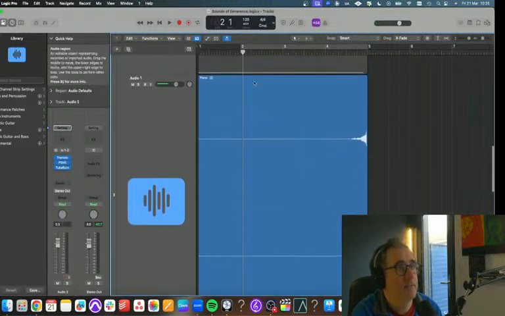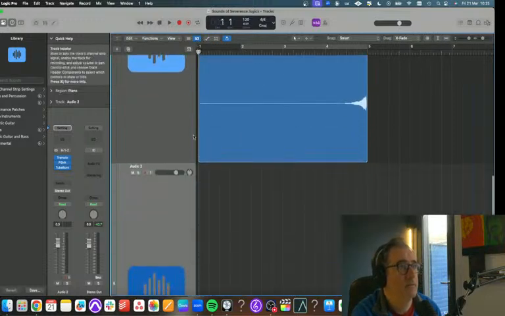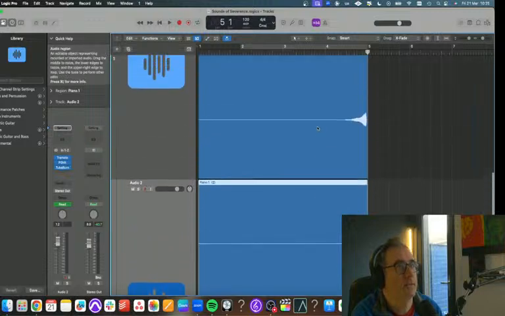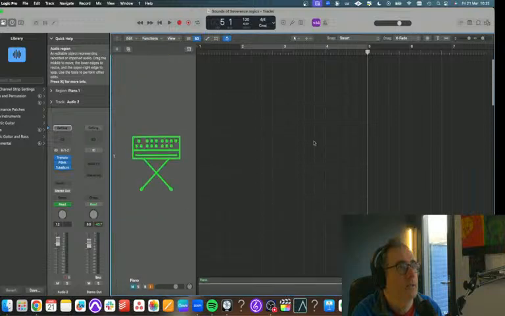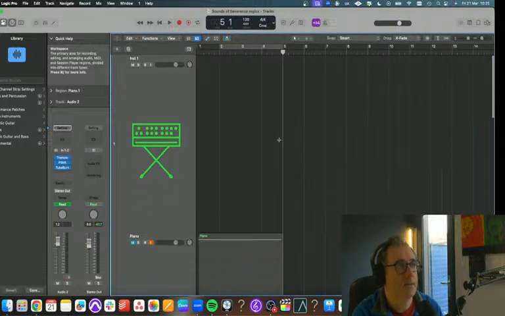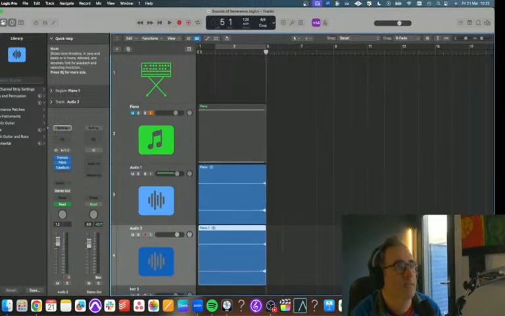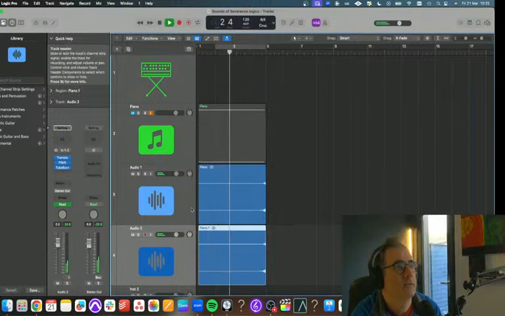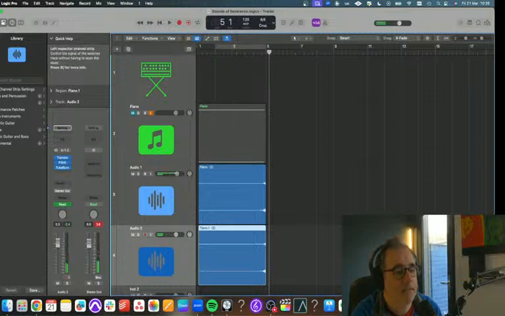Something that's always helpful is to duplicate it. And the secondary one can be one that's up an octave. I also want to add in a synth on this as well, because this is my overall sound. I'm kind of liking that though. I have to admit, I'm kind of digging it.